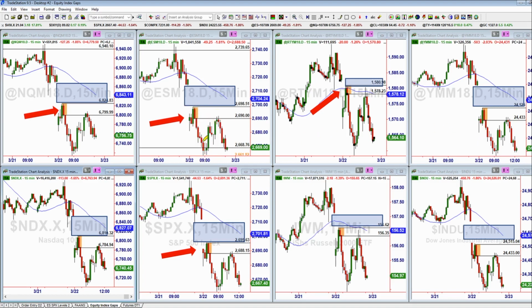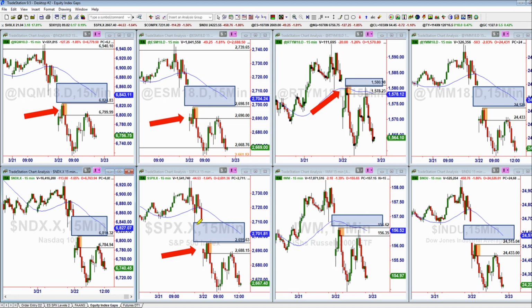Now, why would you take this move down and be looking for a further move down? Well, it just goes back to what we're talking about with the weak market environment. If you have a strong gap down, it's happening on all major equity indexes at the same time, and you see the market start to reverse with room to go. So there's white space down here. There's room for the market to go down. Hopping on board the initial move lower is not